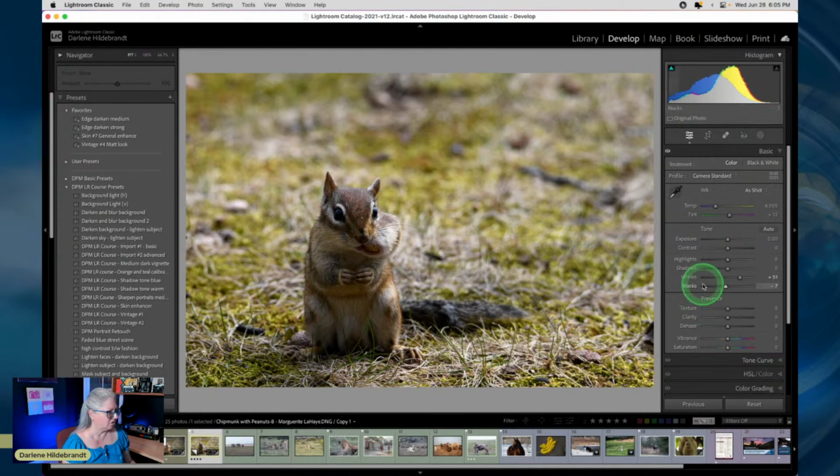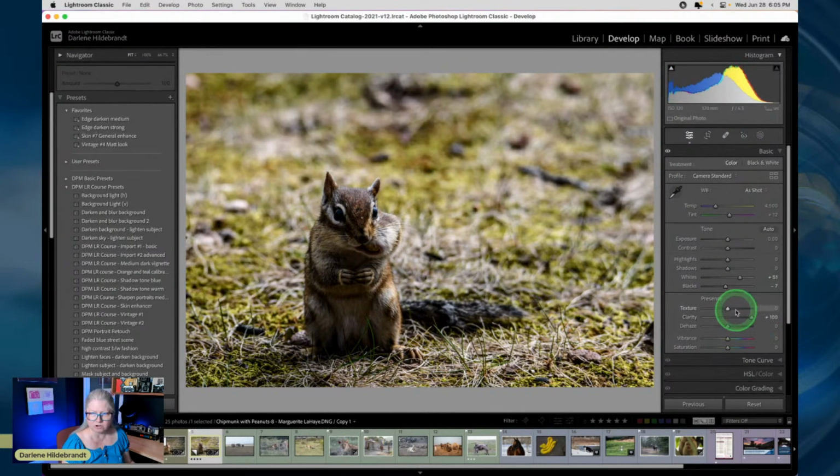Okay. So two things I want to do. I want to increase the texture on the little chipmunk, but not on the background. Okay. So I don't want to use the overall sliders, because if I do overall clarity and texture, you see what happens is it also applies to the grass. And I don't want that, because the out of focus grass, when you add texture, it just starts to look